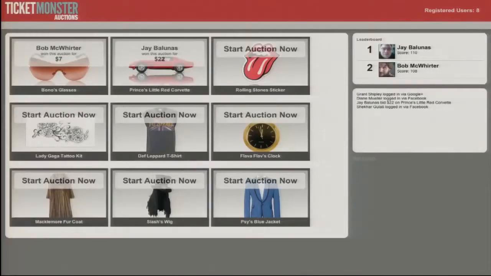So at this point, I want you guys to go to jbosskeynote.com. All right, so you guys can just simply jump on the Wi-Fi or pull out your 3G or 4G device and go to jbosskeynote.com and get logged into our application. And then we'll see you guys start logging into the application. And then we're going to have some fun with you and run a few auctions